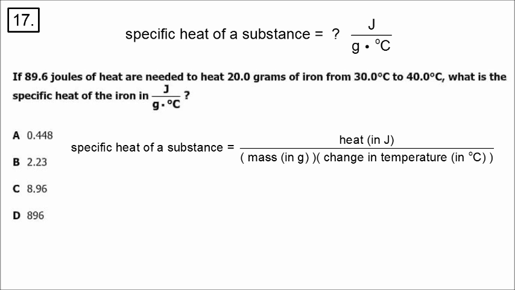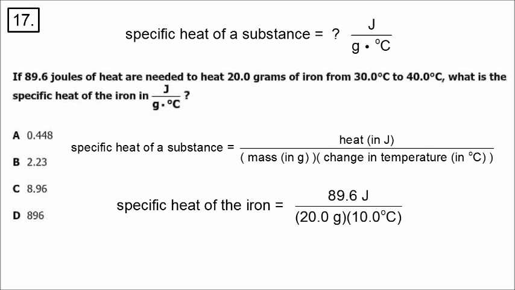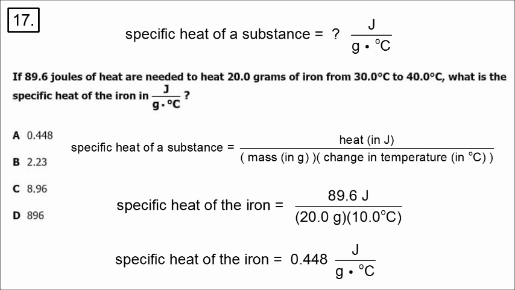So we need to do the following math. We have to take the heat in joules and then divide that by the product of mass, which is in grams, and the change in temperature in degrees Celsius. So 89.6 joules was given, 20 grams was given, and the difference between 30 and 40, that's a change of 10 degrees Celsius. If we do this math, our answer is 0.448 joules per gram degree Celsius, so the correct